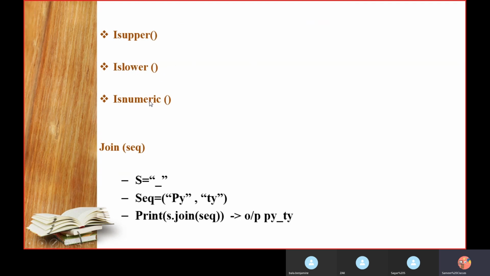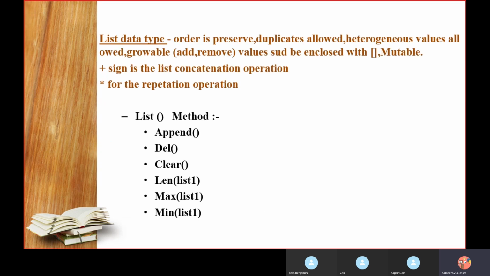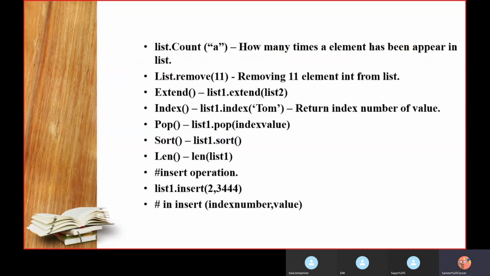Okay, what does isalnum mean? Characters are also there in that string as well as numbers. So if there is a mixture of things in your string, then you need to check it through isalnum. If I write str1 equal to abc123 and then check str1 dot isalnum, my output will come as true because both things are there. Join I have already shown you. Now there is the list function